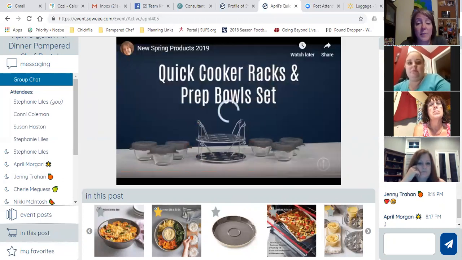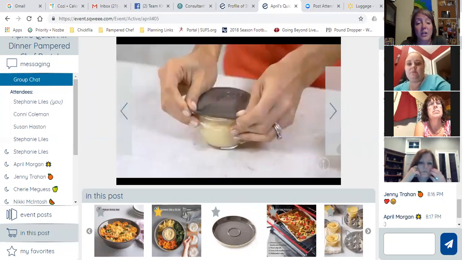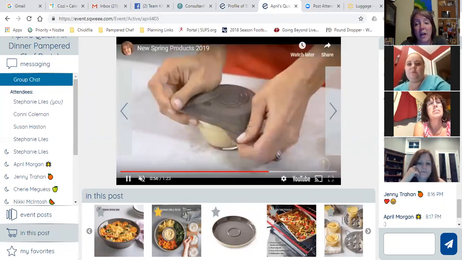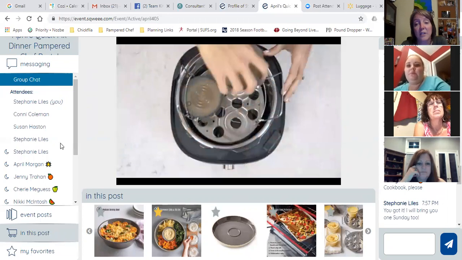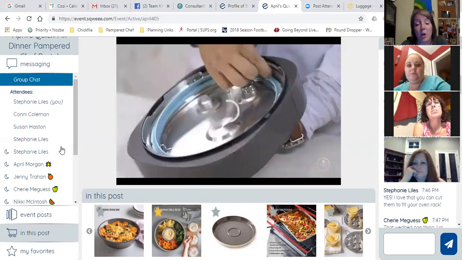So this is basically what it looks like from a guest perspective. And so each product or each slide is different. And then the chat is going on the right-hand side. So you can see it's pretty